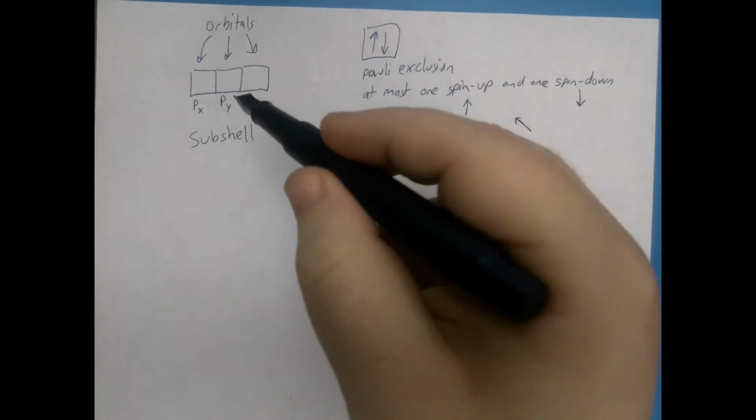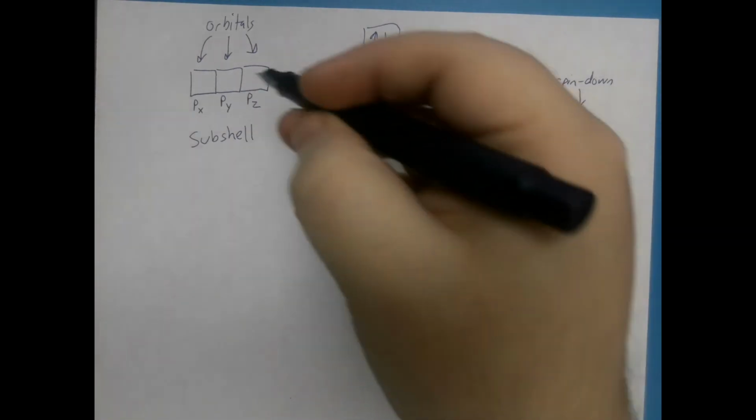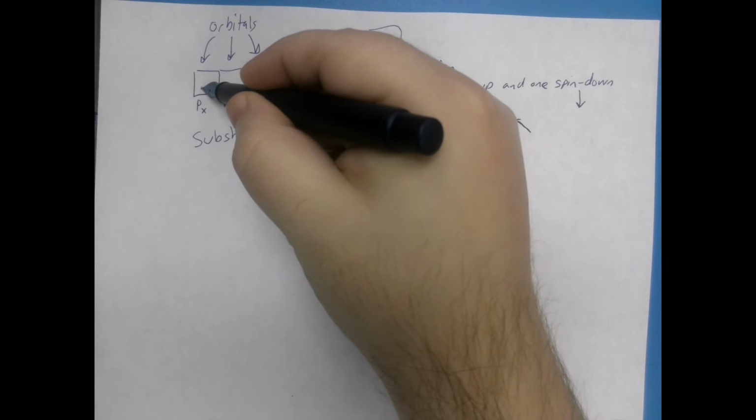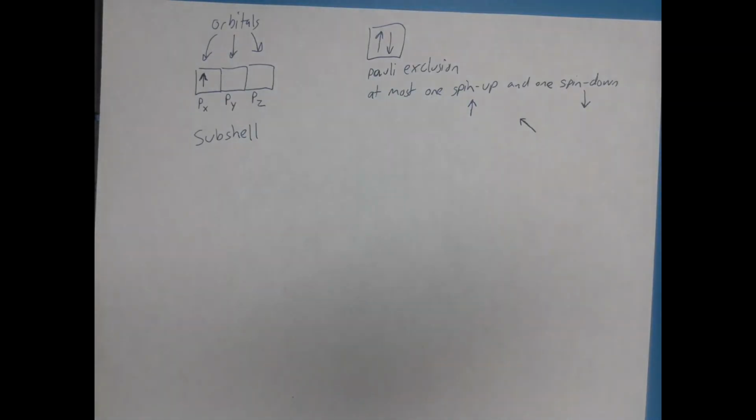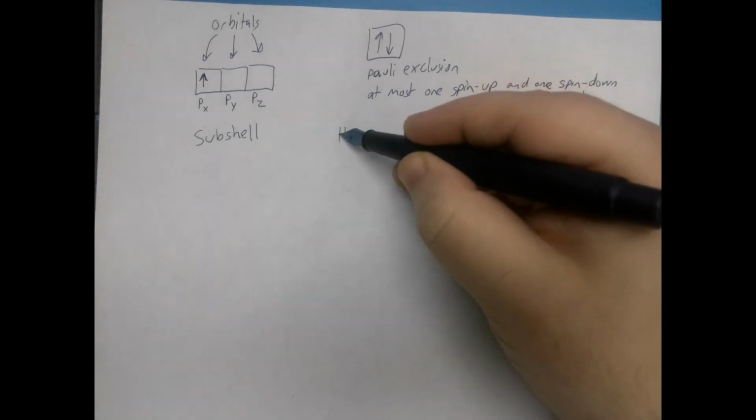I'm going to show you how you would add 6 electrons. If I were to add 1 electron, I'm just going to arbitrarily choose spin up. By default, I always start with up. It could have been a down, it doesn't matter, but usually by default we just start with up. So that's 1 electron in the subshell. To add a second one, Hund's rule tells us